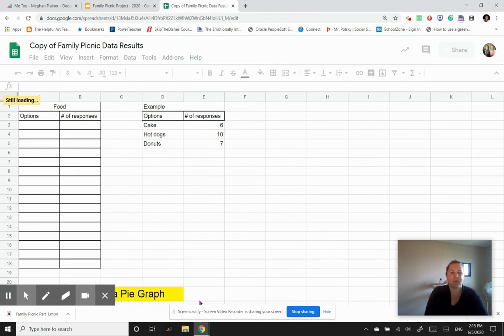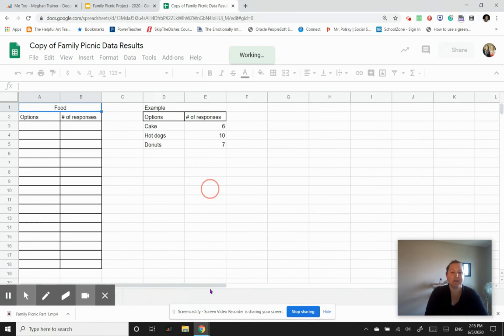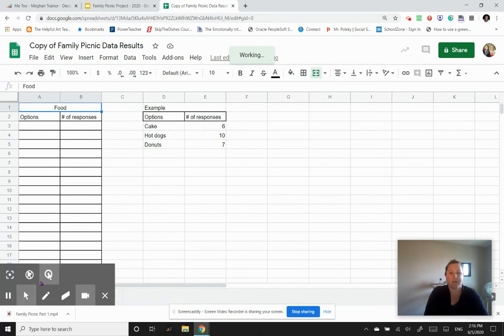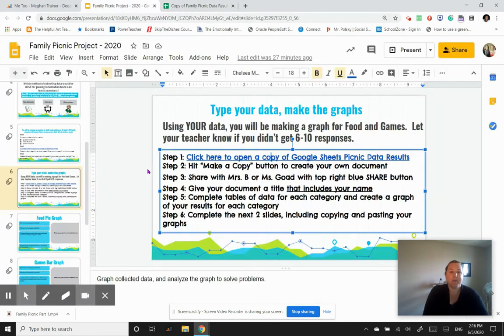It is asking you to make a pie graph for the foods information, and for the, I don't know why it's not showing me both tabs, but the tab along the bottom is also, oh, it's behind here. There will be a tab down here that is for the games, and you will type in your information for the games into this table. And then we have done turning tables into graphs before, so you should know how to do that. So that's that document. So going back to,